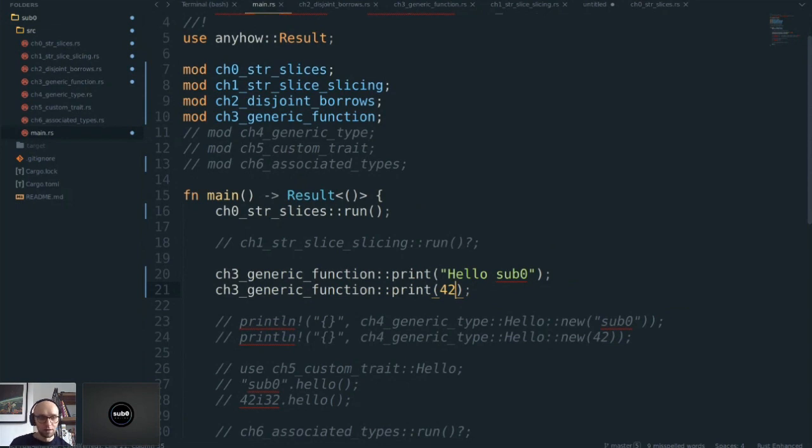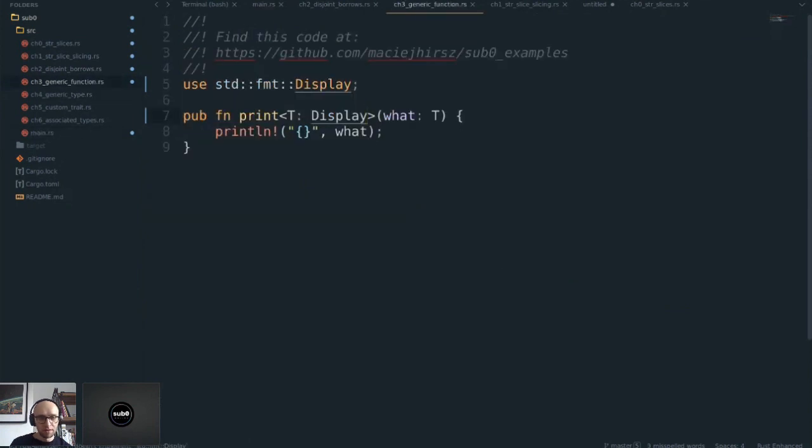In C++, this is called templates, which is also a reasonable name for this kind of stuff. This is basically a template for a function. This is a generic function that doesn't actually exist until I call it with some type parameter, and then it will be created for the type parameter once.